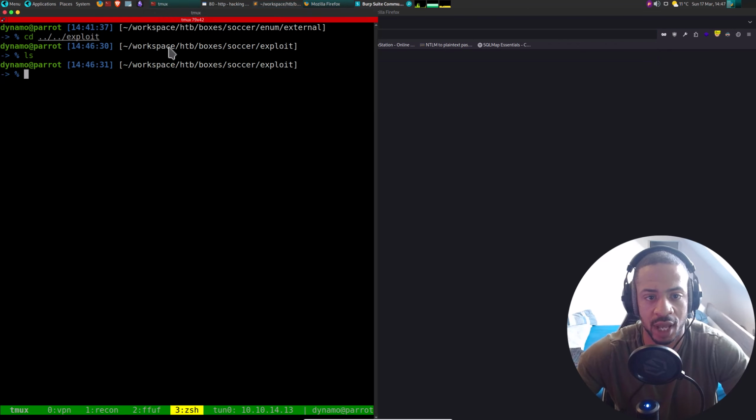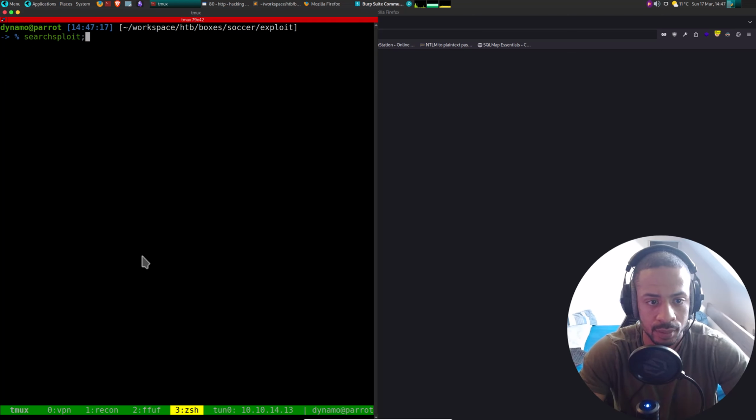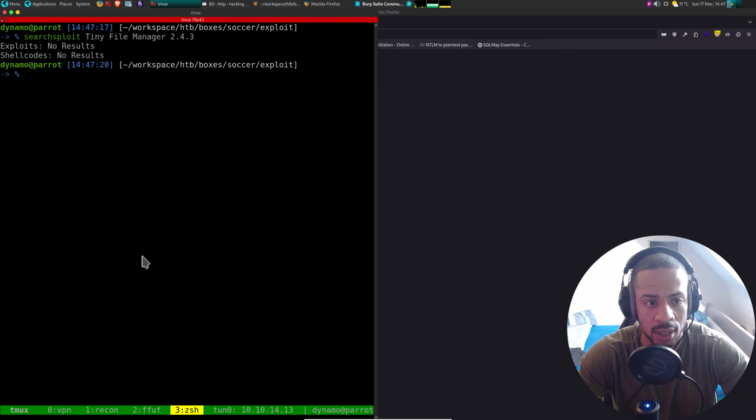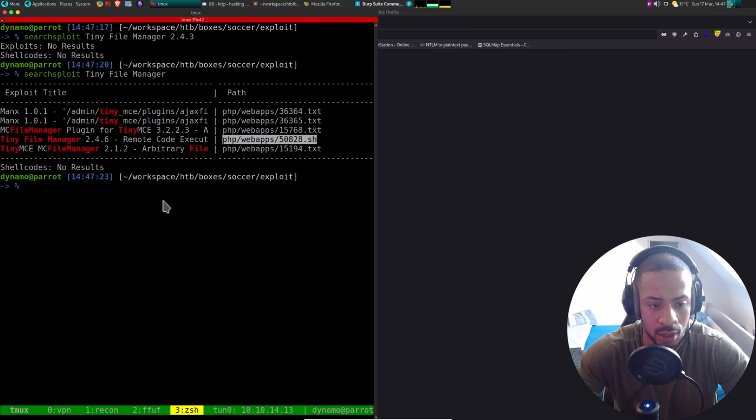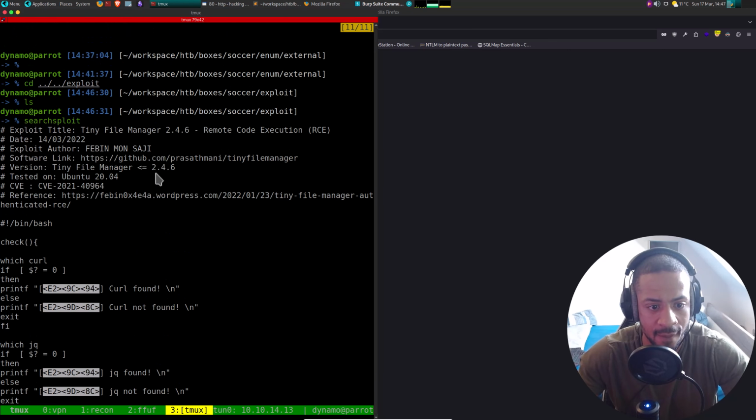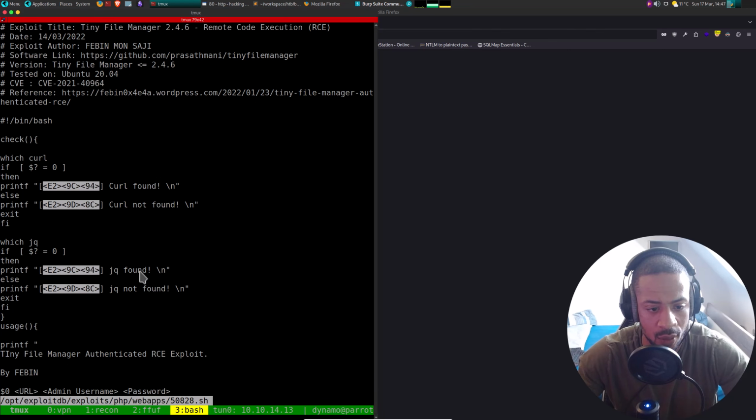But before we do that, we do it on Searchsploit. So we have a remote code execution here. So Searchsploit X, just to read it. Authenticated RCE exploit.